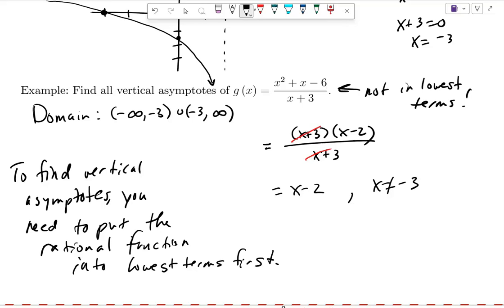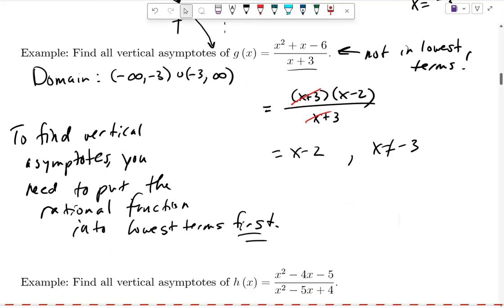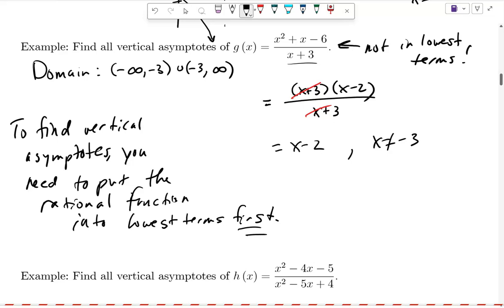Don't just say that there's a vertical asymptote here at -3. That doesn't work. You have to make sure you're in lowest terms. In this case, we need to factor the numerator and cancel. If I didn't worry about the x not equal to -3, and just looked at this function, x minus 2,